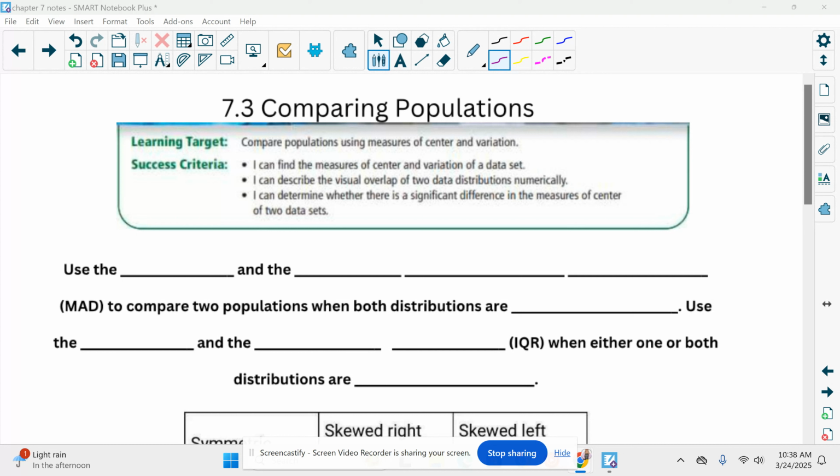Then we have what's called variation. I'll let you finish writing that before I keep talking. Variation talks about how spread out or different the data is. And when we're looking for the spread or the difference in the data, we're either finding the range, the IQR, or we're finding MAD. And we're going to write down the steps to these in a minute. So all you really need to know is that range, IQR, and MAD talk about the variation, the spread of